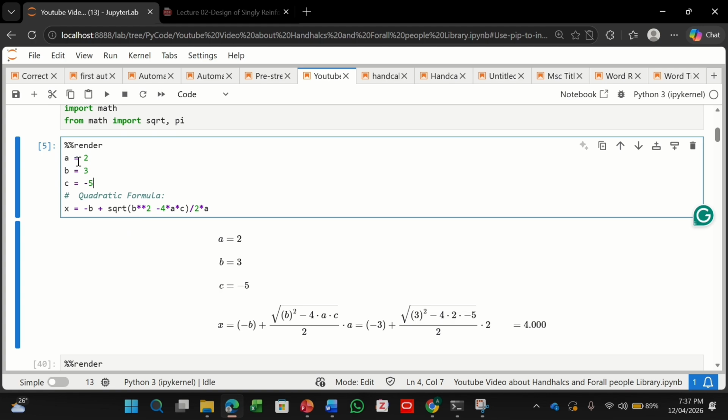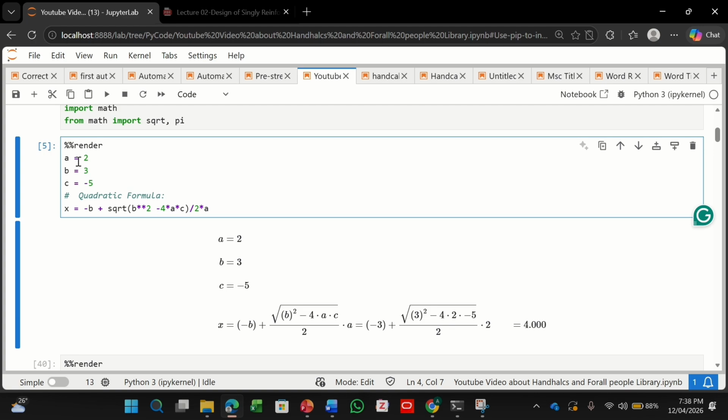And if you're a Python beginner, I believe you know what a variable is, so you assign values to each and every variable. I have written A, B, C, and then I have written a quadratic formula. So look how easy it is. As you know, for multiplication we write a single asterisk, and for power we write a double asterisk.